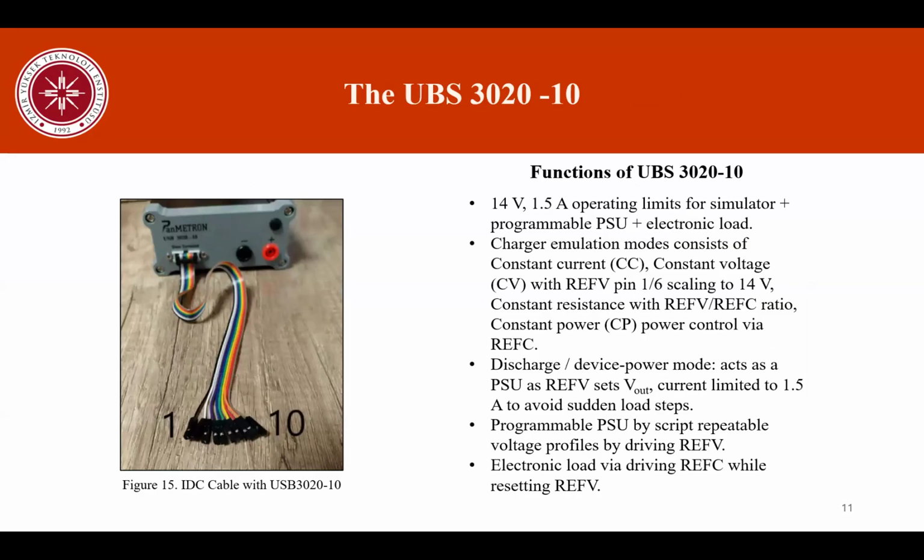The UBS 3020, as I said before, is the new kid on the block. It has 14 volts and 1.5 ampere operating limits for simulations or emulations, or you can use it as a programmable power supply or as an electronic load. The charger emulation modes consist of constant current and constant voltage, or by using its pins, you can make it act like a constant resistance or constant power. Discharge and device power mode acts as a power